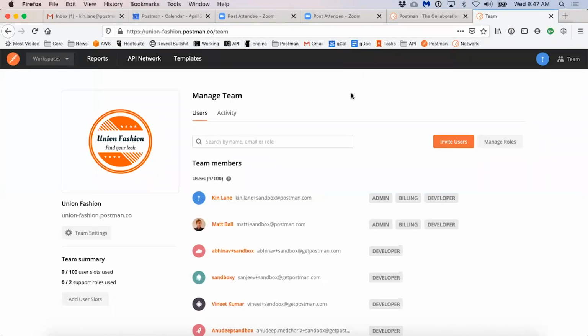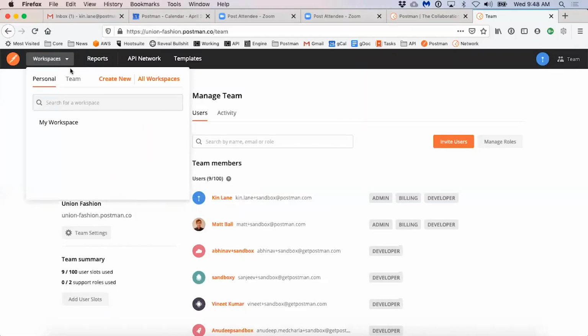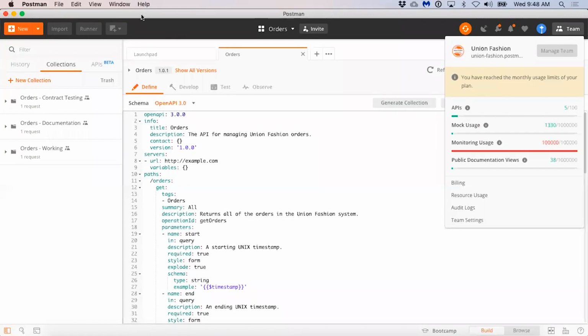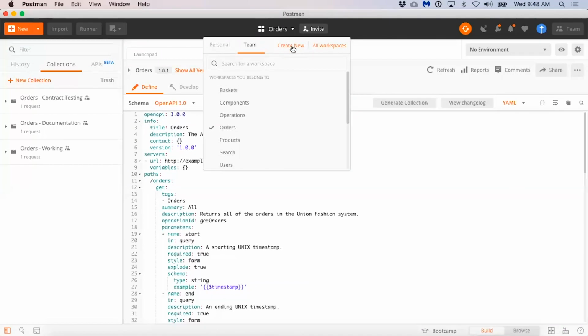Another important aspect of Postman that Jeff is using is organizing all the teams into workspaces. Workspaces is available via the web dashboard. It's also available via the client so that you can manage your teams. You can create new teams, and you can click to manage those workspaces.